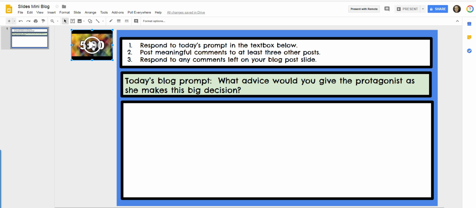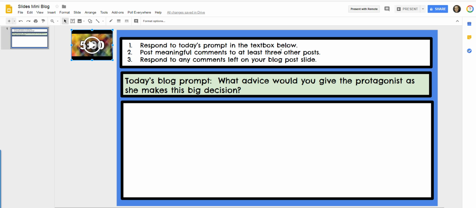Every student will know which slide is theirs to edit. They can look at each other's responses and comment and all of that. But in the meantime, I don't want them to be able to edit my actual template. So apply this to any sort of Google slide collaboration or assignment or activity that you might be using. Again, the focus of this video is to show you a trick so that you can protect what